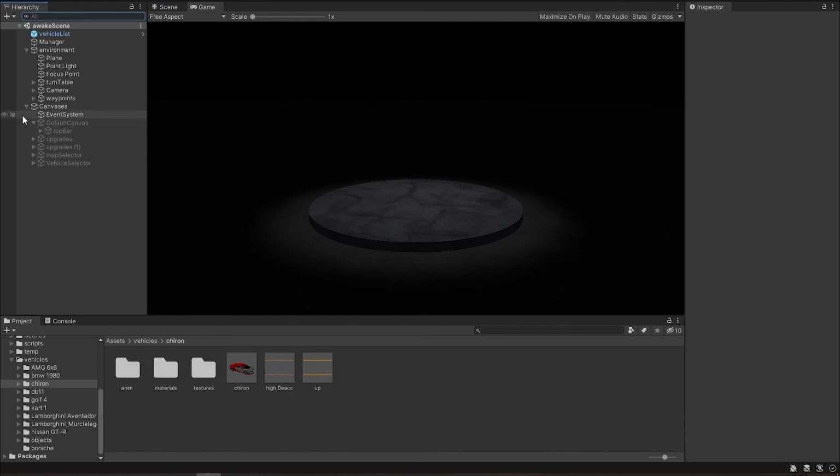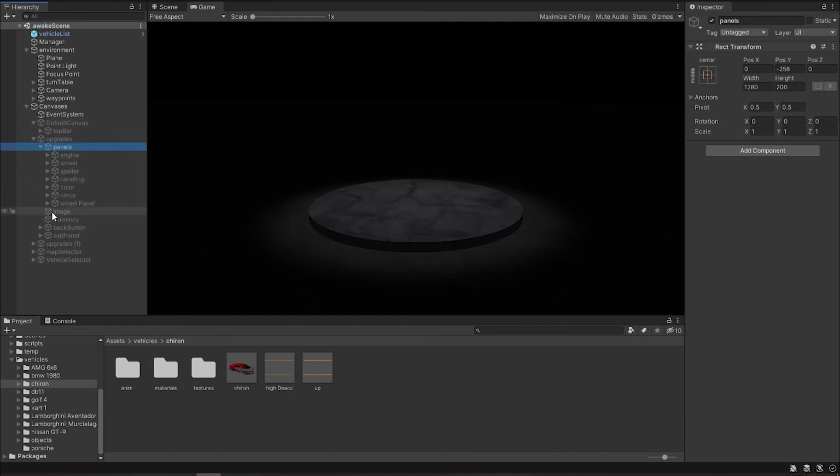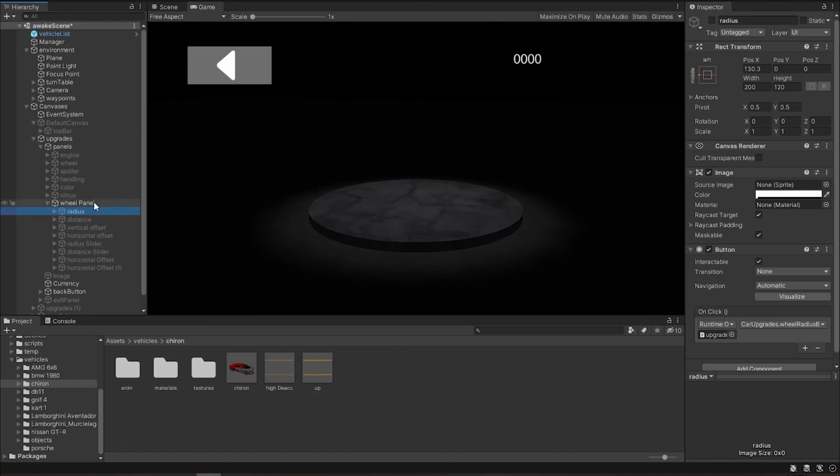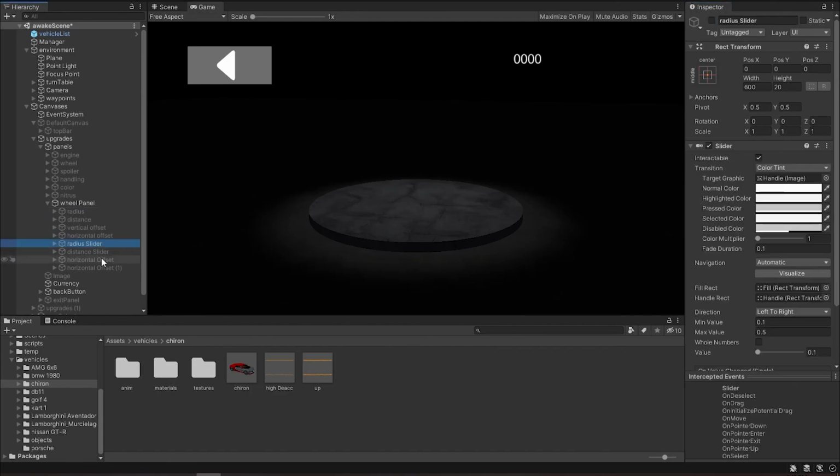Okay, so on the UI side of things, what we have is an upgrades button, obviously, and then what we have is an extra wheels panel. If we enable it, it is going to show us these new values that we added. So we have radius, distance, and the offsets. And then after those, we have these sliders that correspond to each button. So if we disable that one more time,